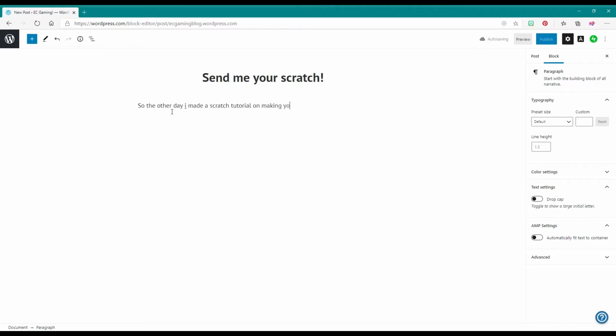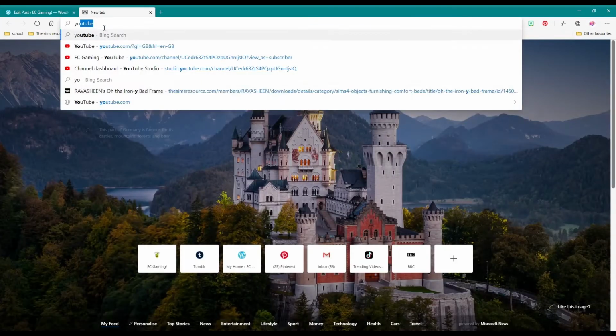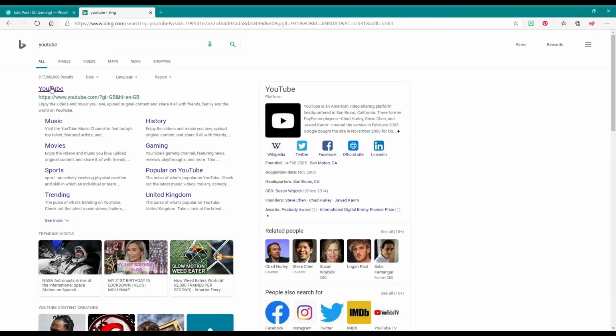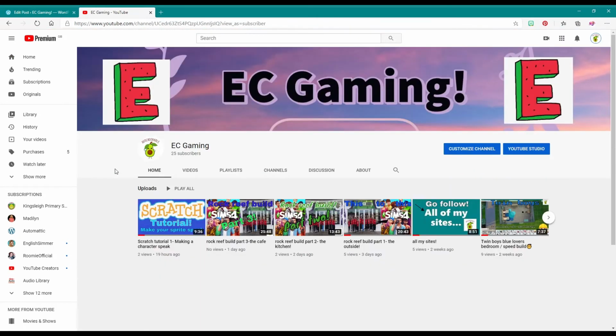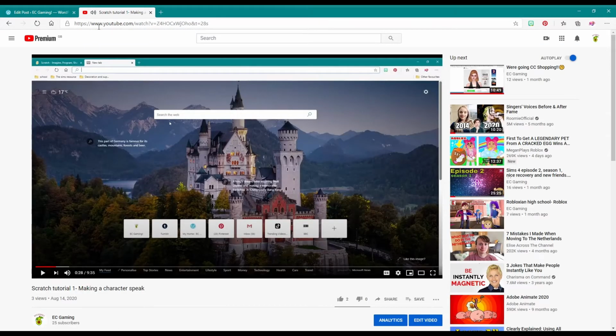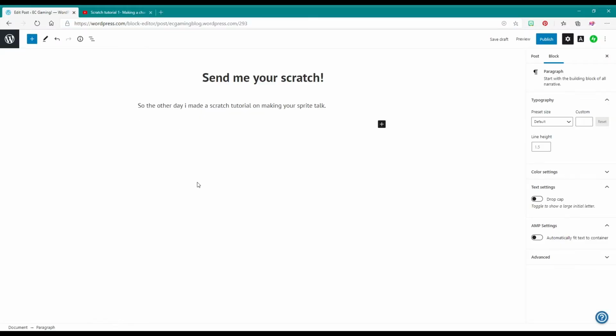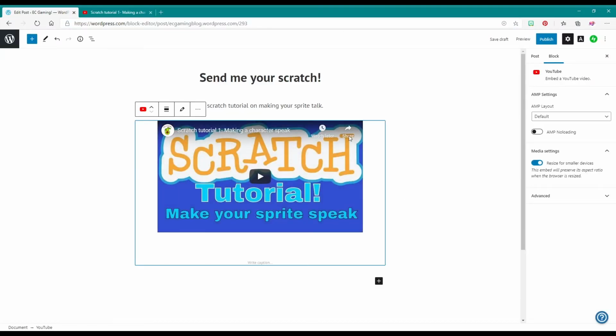So don't forget to go into Scratch, it's completely free to make yourself an account. So make it and then link your actual link to your Scratch, showing you how in the message box that I've put on my blog post, and don't forget to check out